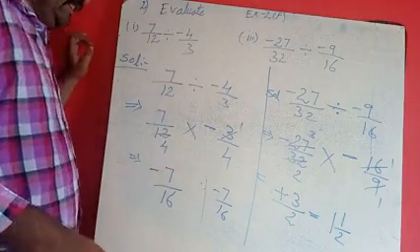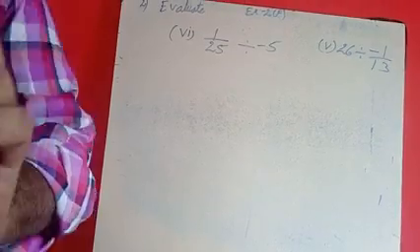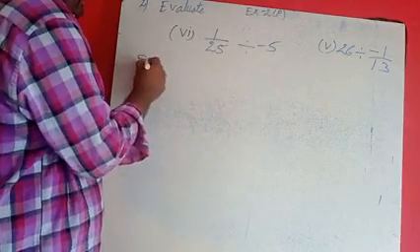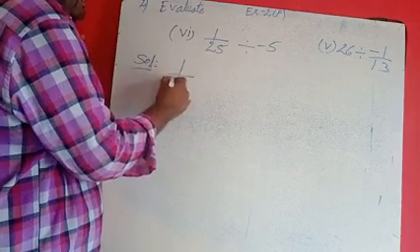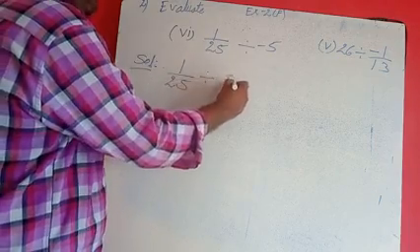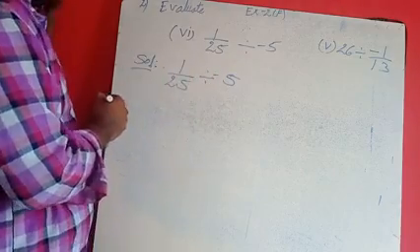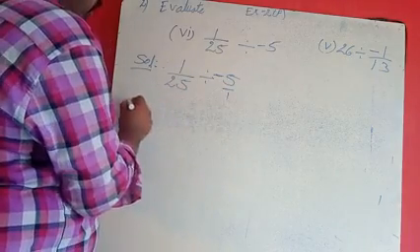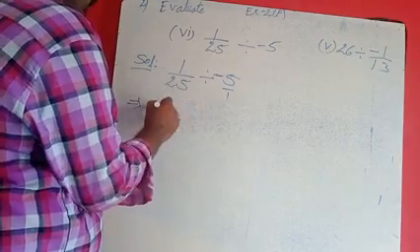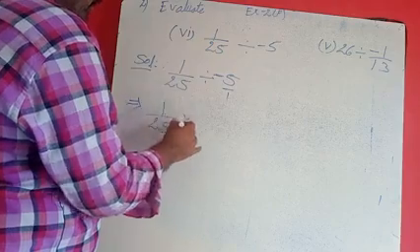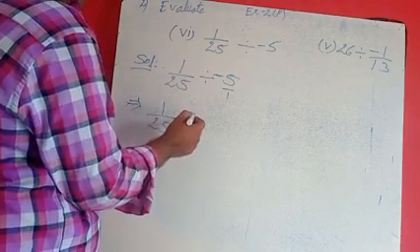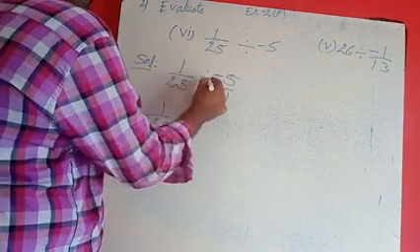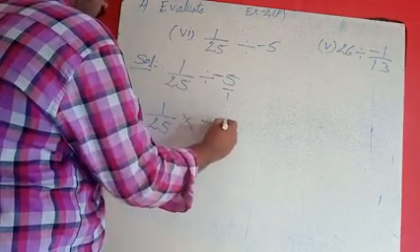The next sum is, in the same sums, first sum is 1 by 25 divided by minus 5. I am writing the solution. 1 by 25 divided by minus 5. So here there is no denominator, so put it as 1. Division will not continue in that sum, so 1 by 25 into, division will change as into, because in rational numbers we have to do division with the reciprocal by changing to the multiplication mark. So division will change as into, sign is same, 1 by 5.